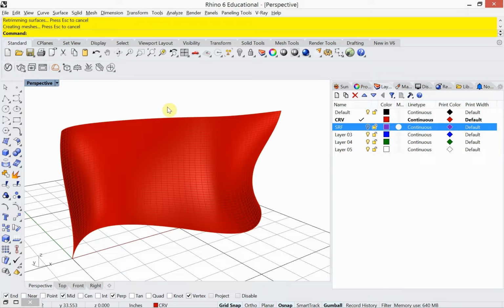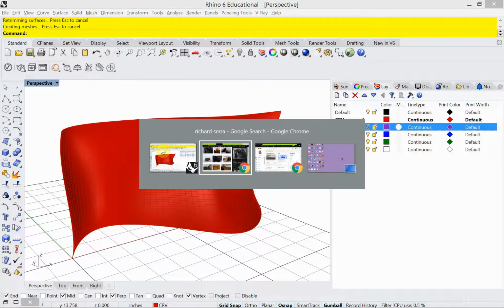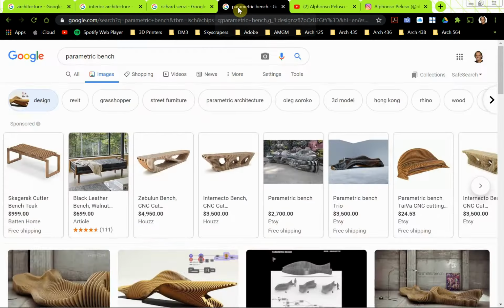So edge surf, if you're looking for some other way to do it and you can have all of your edges, you can use edge surf. Alright, so something else that I wanted to look at is I did a Google search for Parametric Bench, because